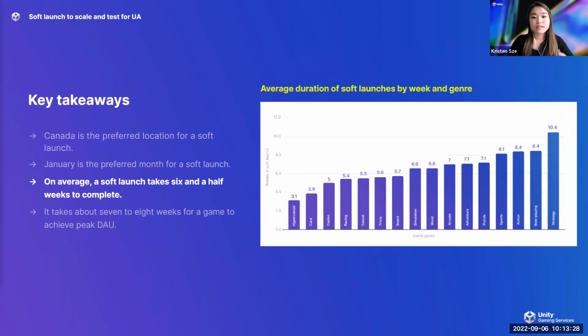For games that have a simpler core loop, shorter player lifespan, and follow a common playbook for monetization, like what Emery has mentioned earlier, such as hyper-casual, card game, and also casino game, usually it takes around 3 to 5 weeks. While as for games in the mid-core or hardcore domains, like sports game, action, RPG, strategy games, users usually take a longer time to progress across levels and start spending. So your soft launch period will also have to lengthen into around 8 weeks to be a bit more comprehensive.